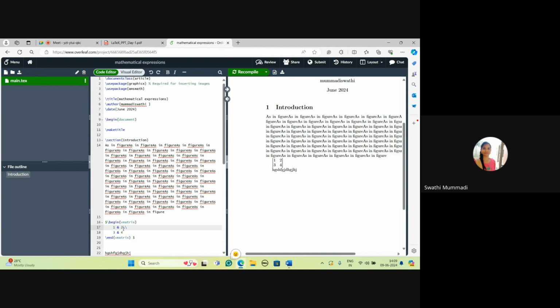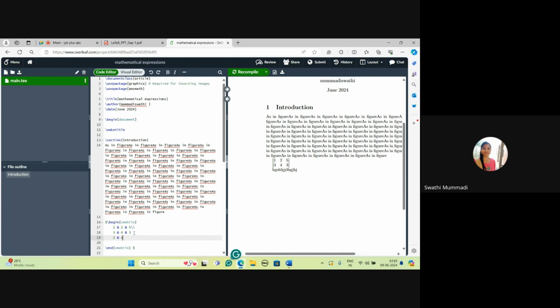a 3 by 2 matrix, then again you have to include one more. Some data you can give, okay. Or else a 3 by 3 matrix, you can take anything like this. Or else you can also include one more row. To differentiate between line to line, you have to use the double slash, or else slash new line. That you have to use compulsorily. But in mathematical mode, instead of new line, we use the double slash. This is very important. If you do not give the double slash, what happens